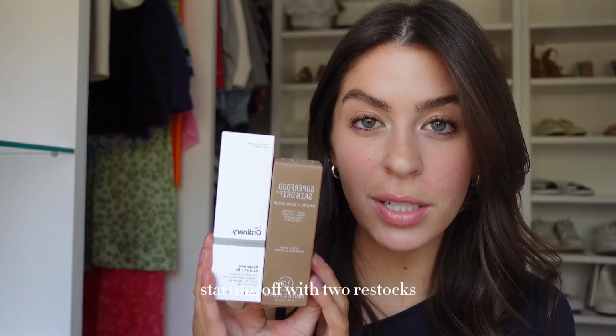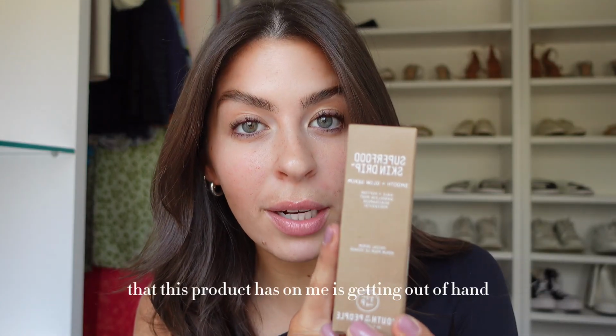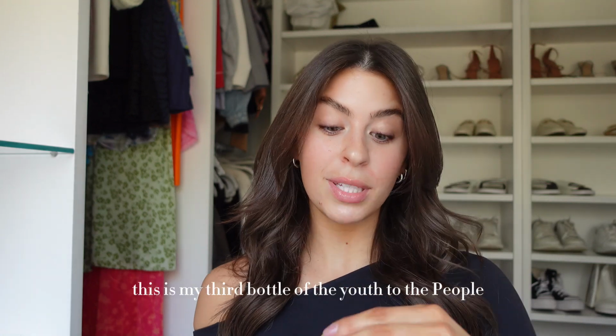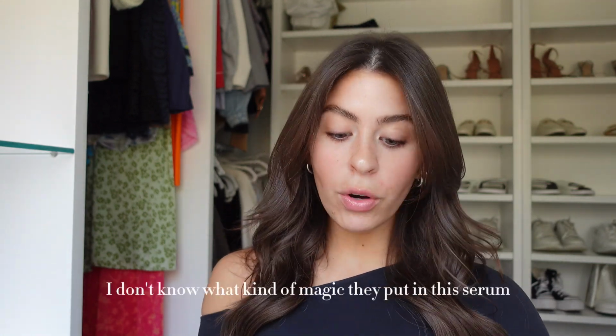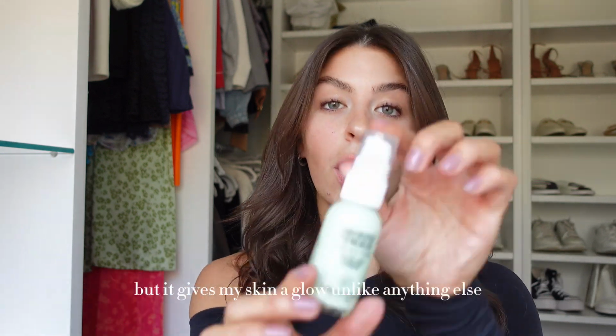Starting off with 2 restocks. These are absolute staples in my skincare routine right now. The chokehold that this product has on me is getting out of hand. This is my 3rd bottle of the Youth to the People Skin Drip Superfood Serum. I don't know what kind of magic they put in this serum, but it gives my skin a glow unlike